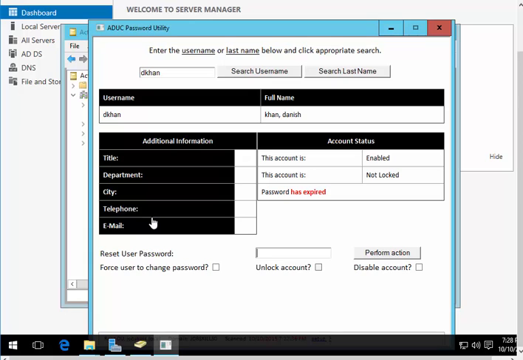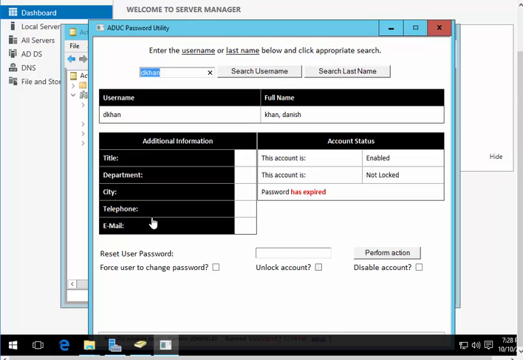So this is why I say you need to have this tool ready, because once you put in the username, it directly tells you that, oh, it's expired. You just tell the person you need to restart, or maybe you need to reset their account, whatever the process is. But how quickly you found out, this is why I love this tool, and it's free. So that's why you need to have this tool on your desktop.